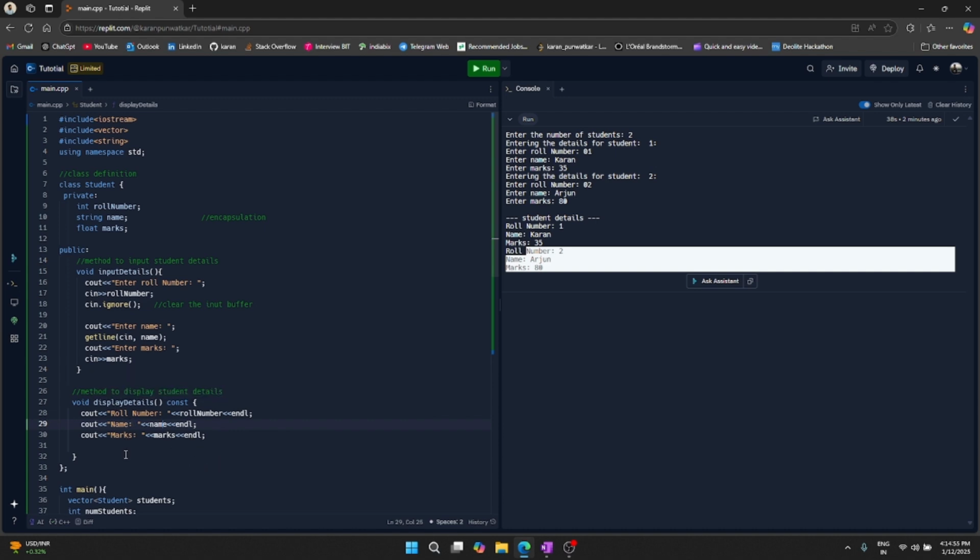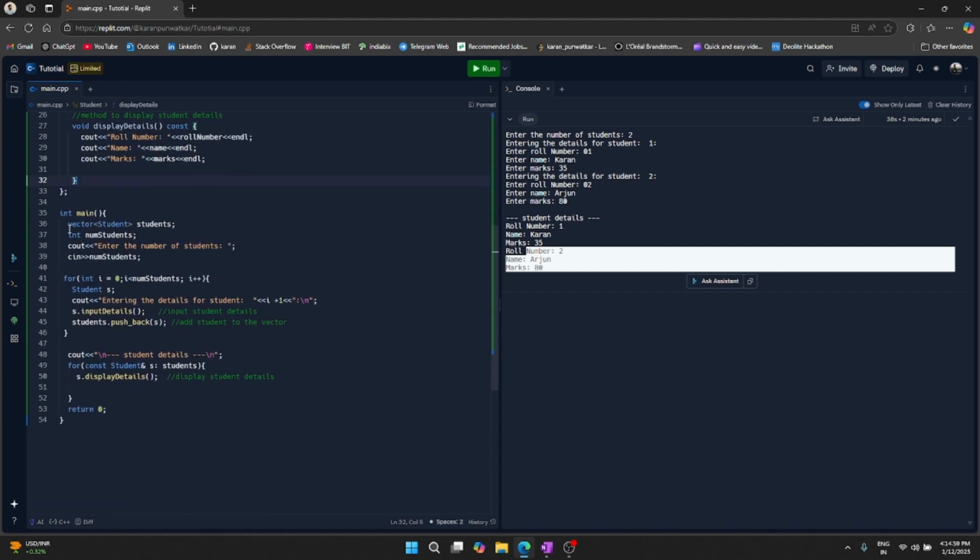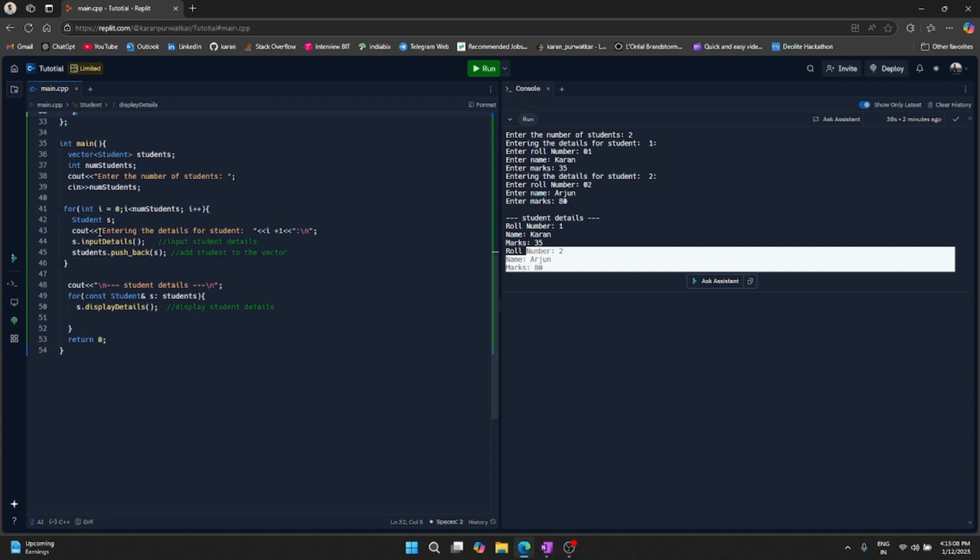The fourth one is vector student. We take a vector to store all the student objects in a dynamic array. Okay, and the last one is the loop in main. So we have taken for loops. The first loop collects details for all students like this one. So this loop collects details of all the students,